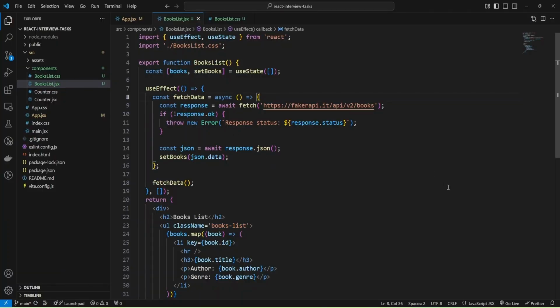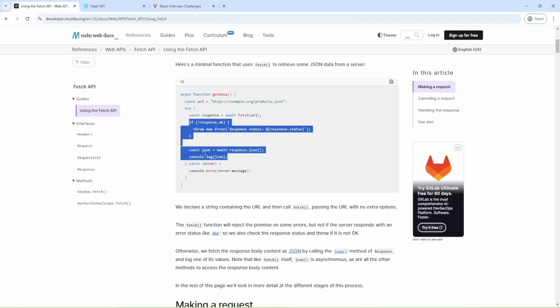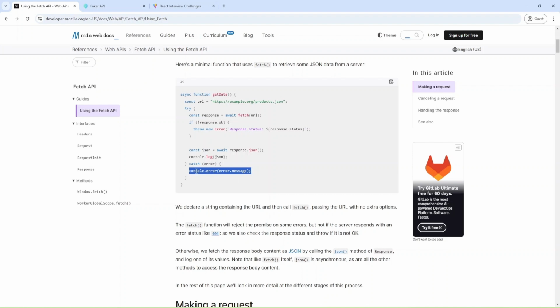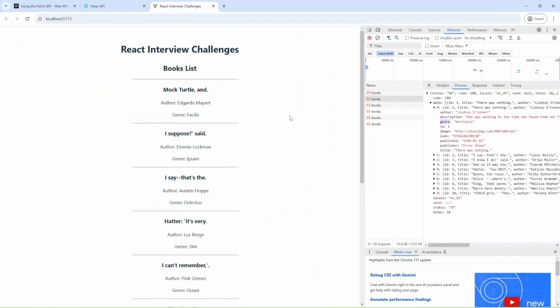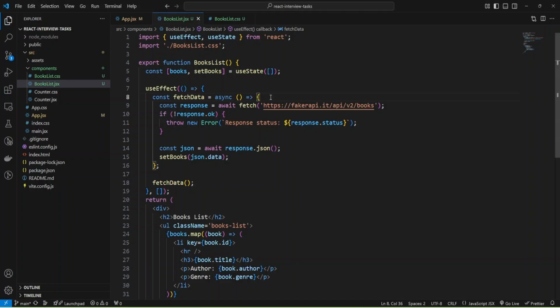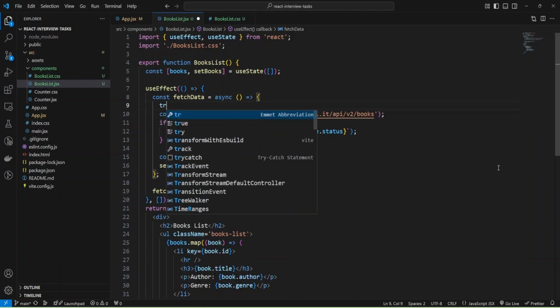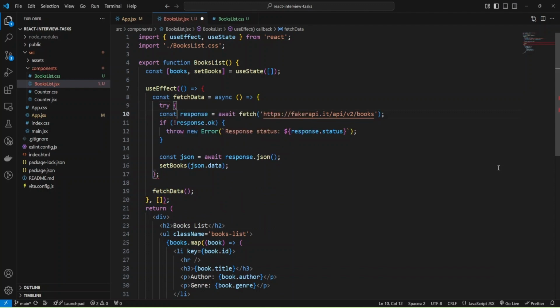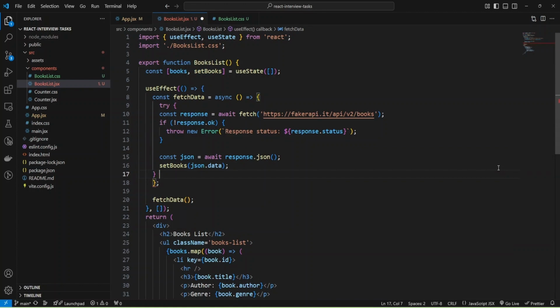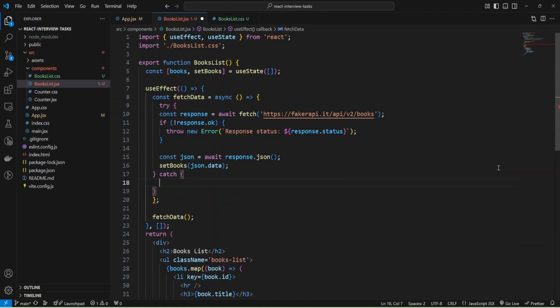One more thing that we can add, as you saw in docs, is that it's useful to add try catch. If something goes wrong, we can just provide a message to the user, and we'll not see a broken interface. For that, I'm going to add try, and I'll write my code inside try, and for catch, I'll add some error.